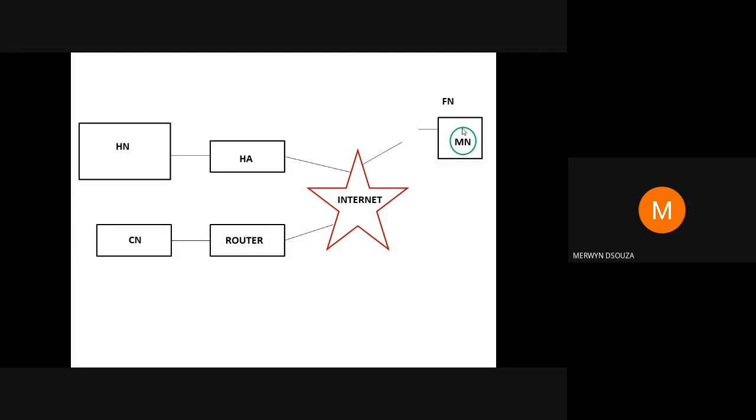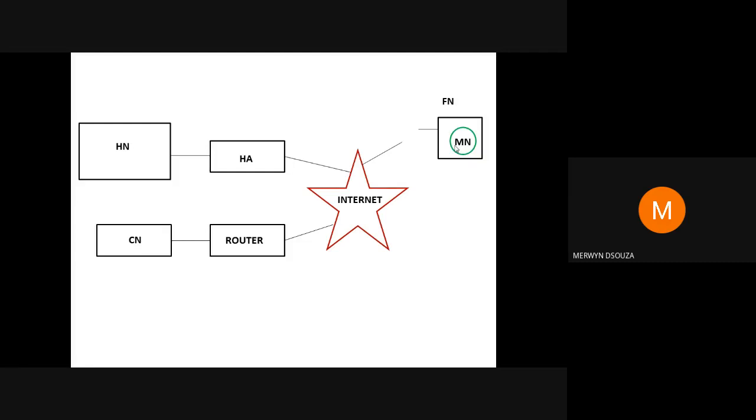So therefore, the name of that method is known as agent solicitation. Agent solicitation means the MN has not received the message from the agent advertisement message. So what it will do, it can send messages on its own to try to find the agent. It can send 1 per second. So as soon as it enters the network, it can send 3 messages.